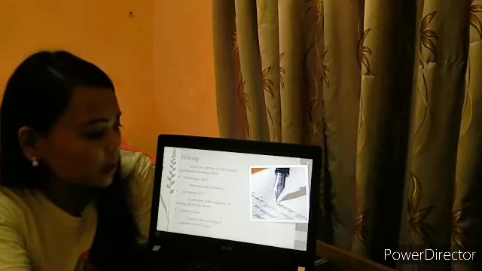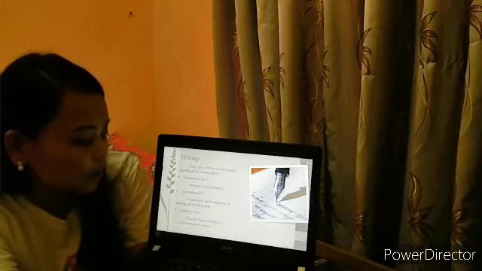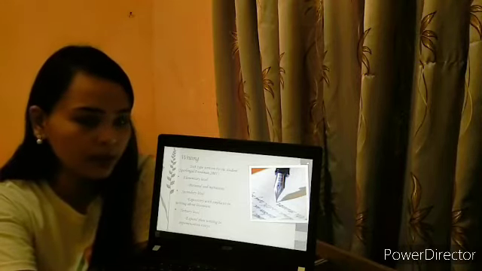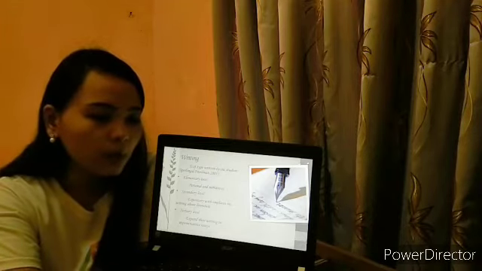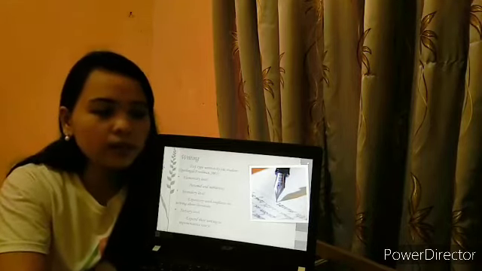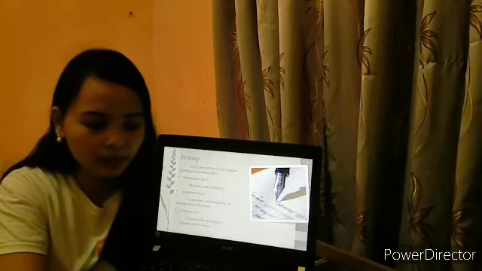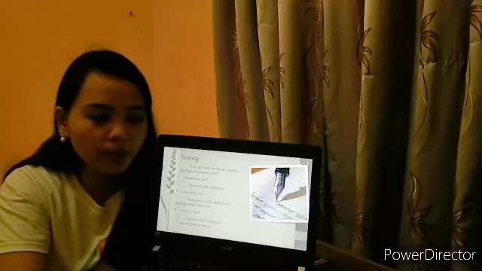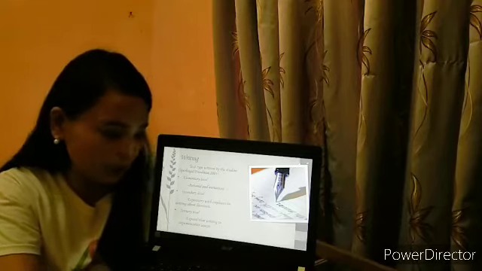Text type written by the students, according to Sperling and Friedman 2001. So there are three levels of text type written by students. First, the elementary level. In elementary level, the most common types of writing are personal narratives, meaning it belongs to a particular person and it concerns narration.